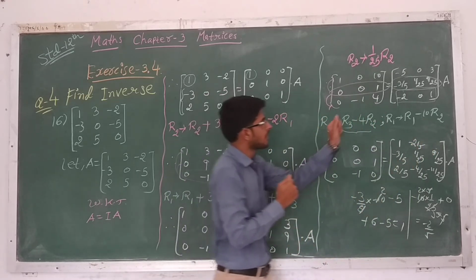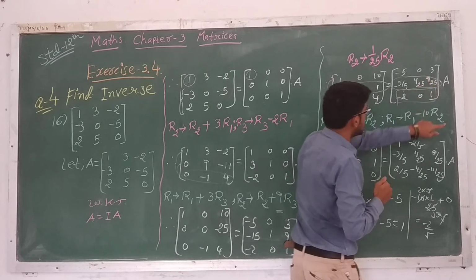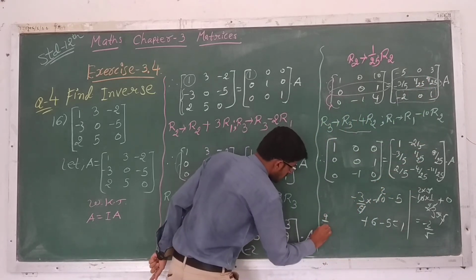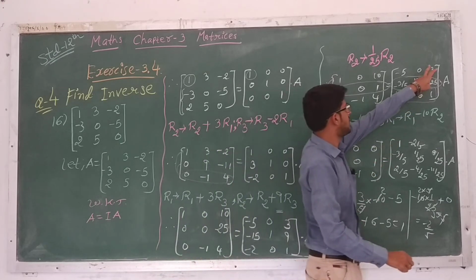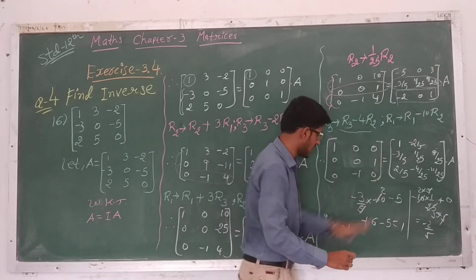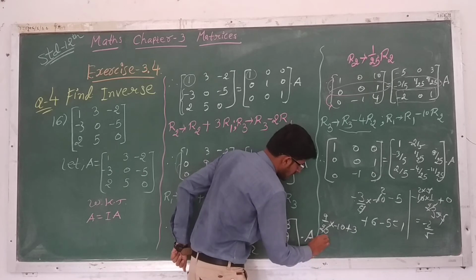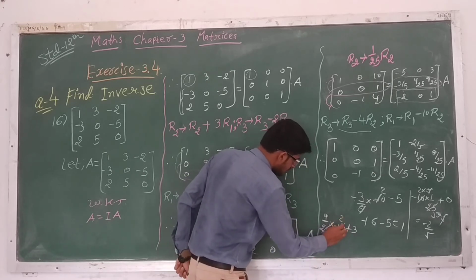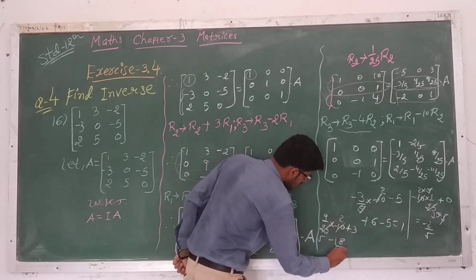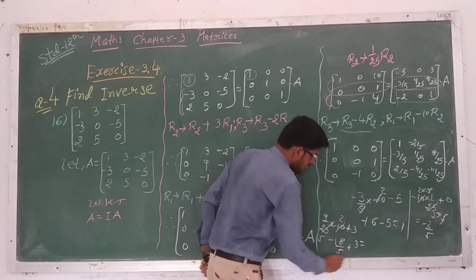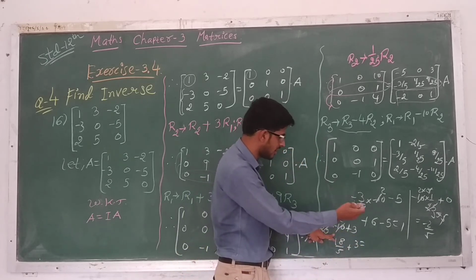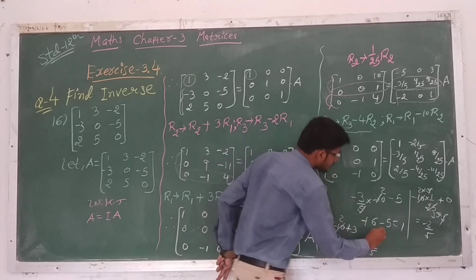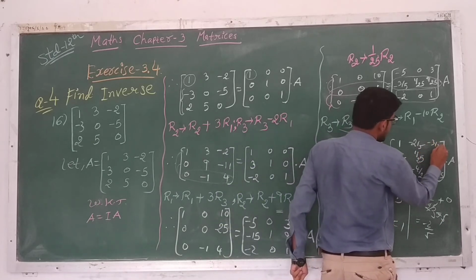What about the third row? So 9 by 25 multiplied by minus 10 plus 3, because we have to multiply by minus 10. So plus 3. Here 5 5s are left and 5 2s are. So 9 2s are minus 18 by 5 plus 3. Now here we have to take LCM. So 5 3s are 15, 15 minus 18, so minus 3. Minus 3 by 5. So here I have minus 3 by 5.